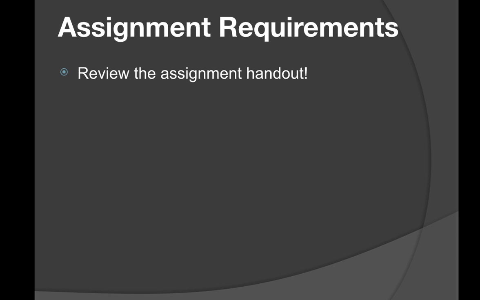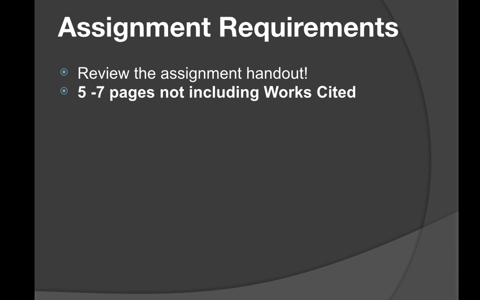Assignment requirements. First, be sure that you've reviewed the assignment handout. I've posted it a couple different times. A research paper for our class is just going to be 5 to 7 pages long. That does not include the works cited page. This is actually a relatively short research paper compared to others. You will follow MLA format in how the page is set up with the heading, headers, margins, etc., as you've been doing for all your papers. And you'll also set your sources according to MLA format in the text of your essay and on your works